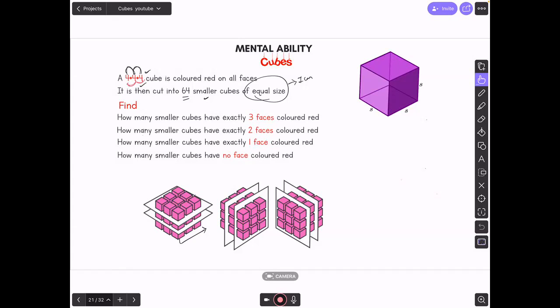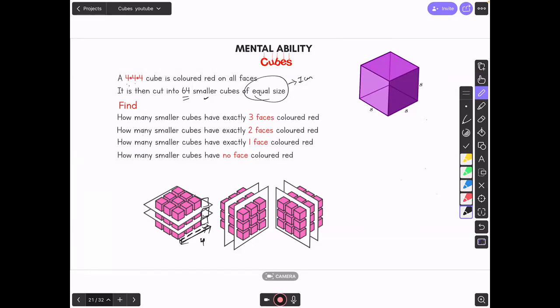Okay, let me help you here now. See, instead of a 3 centimeter cube, this time it's a 4 centimeter cube. So what will change here? You will have one more extra cube here, such that it becomes a 4 centimeter cube. And from every edge, this time you will get 4.